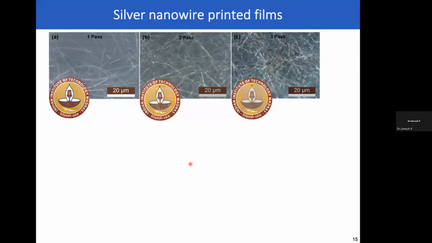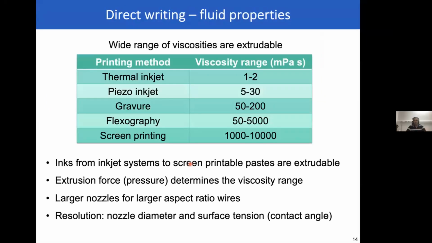One more thing, you showed a wide range of viscosity of the ink, varying from 1 to a big range. So you are just changing the ratio of EG? No, these are not silver nanowire inks. I'm just saying whatever ink you have, depending on whatever range, we can actually deposit through the direct writer system. So these are not all silver nanowires. This is just to show the diversity, the versatility of the direct writer system.